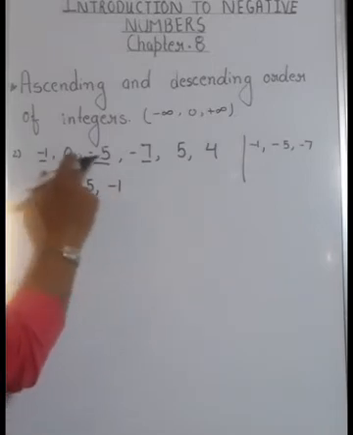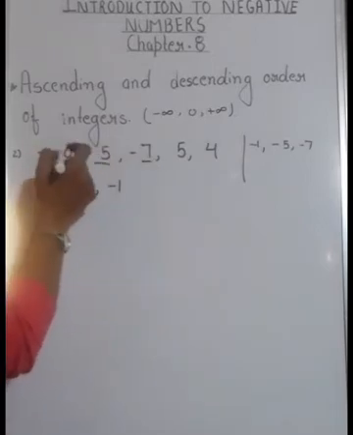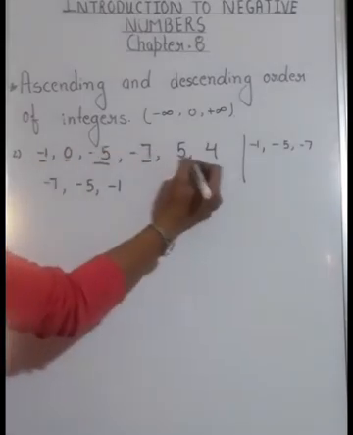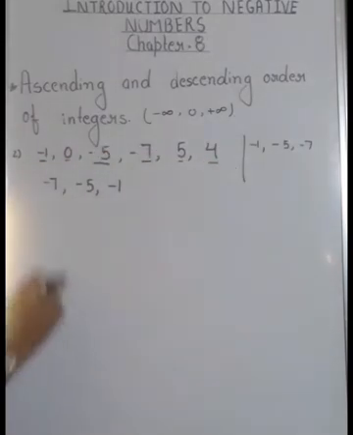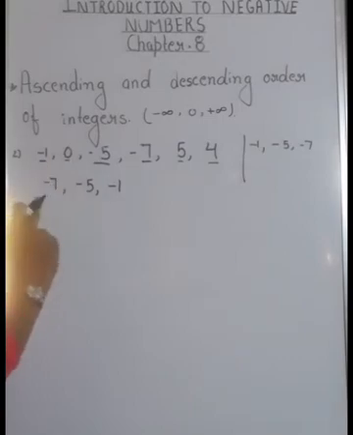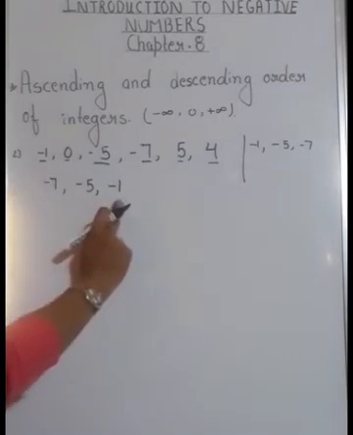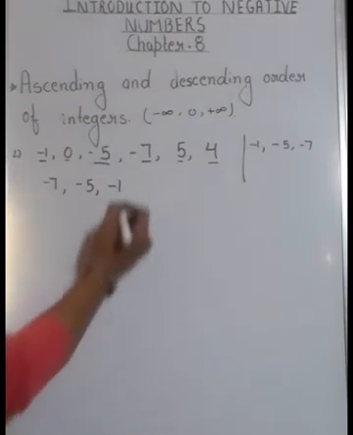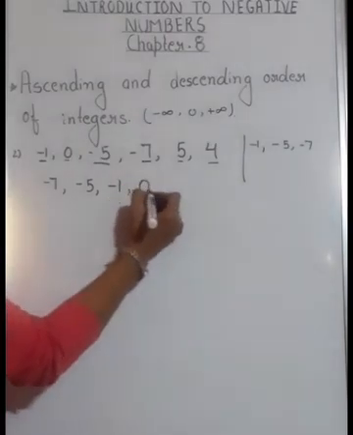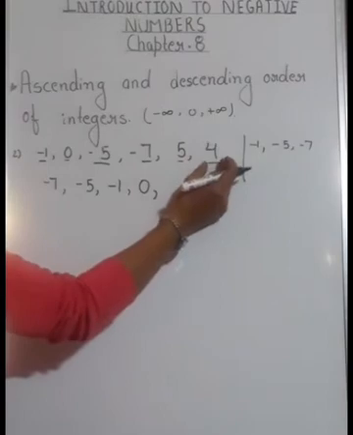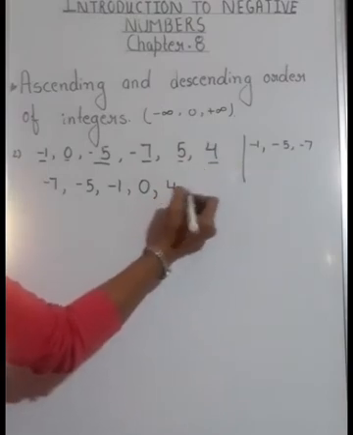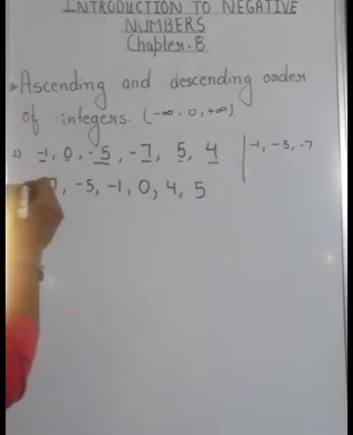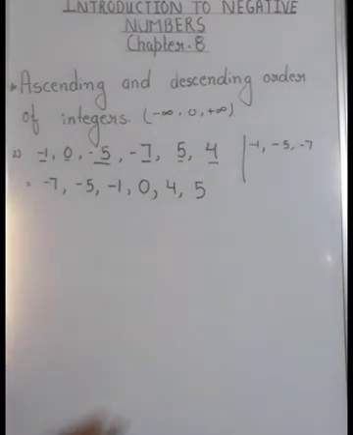Clear? Now we are done with the negative numbers. Now what are we having? We are having 0 and 2 positive numbers. I told you 0 is greater than every negative integer and smaller than every positive integer or positive number. So the next space is occupied by 0. Now I am having 5 and 4. We all know that 4 is smaller than 5. And now we have arranged them in ascending order without using a number line.